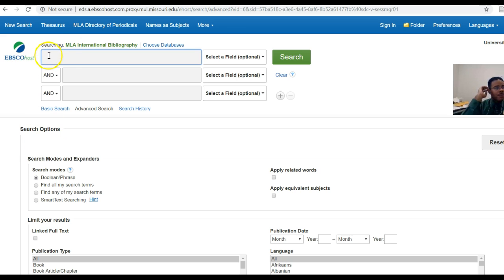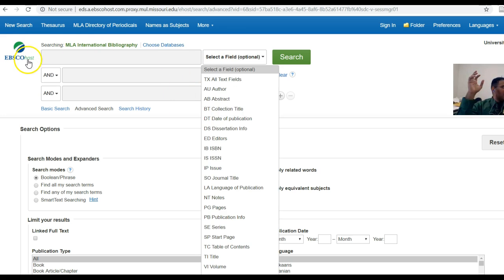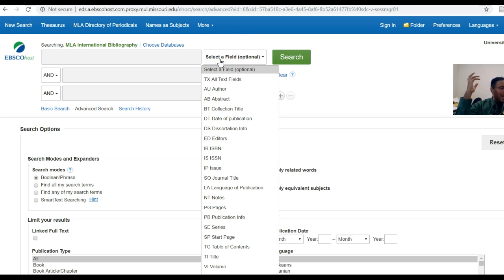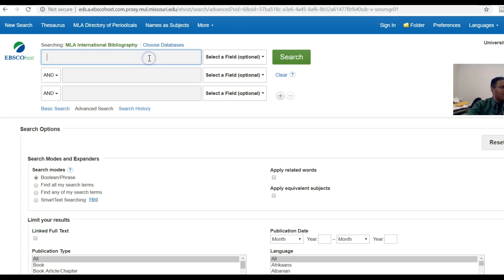All right, one final database that I'm going to show you guys very quickly is the MLA International Bibliography. And this can be used to find a wide selection of resources. It's an EBSCO database, as you can see there, EBSCOhost. EBSCO, I have a love-hate relationship with them, but they have some pretty good usability. So let's see. Let's say I just wanted to do